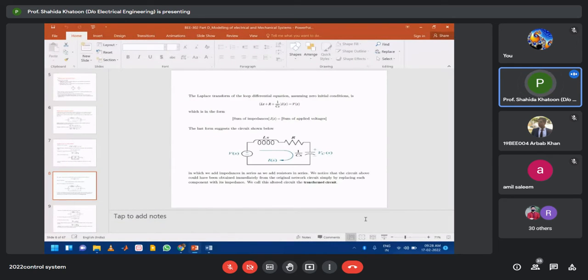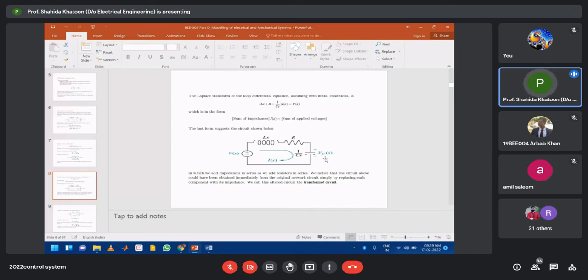So let us move on. The Laplace transform of the loop differential equation, assuming zero initial conditions, is given by this: (Ls plus R plus 1/Cs) I(s) equal to Vs, which is of the form that the sum of impedances times I(s) equals the sum of applied voltages, right? So the last form suggests the circuit is shown like this, with Ls, R, 1/Cs, Vs, and the voltage across the capacitor is VC(s),